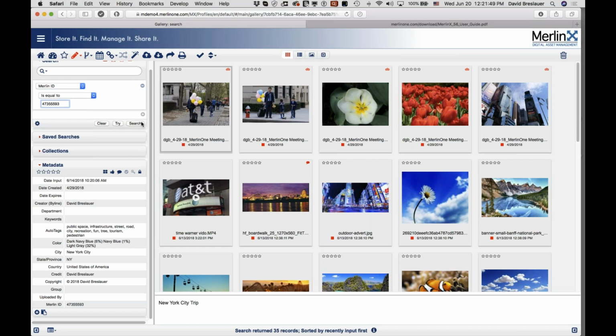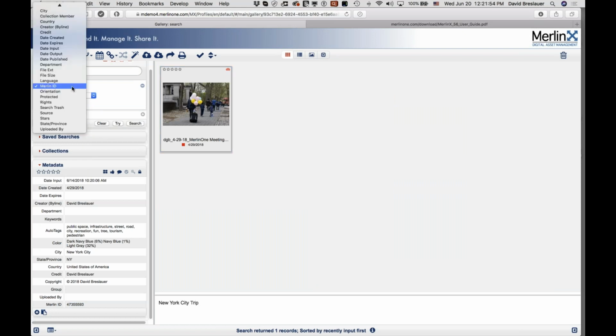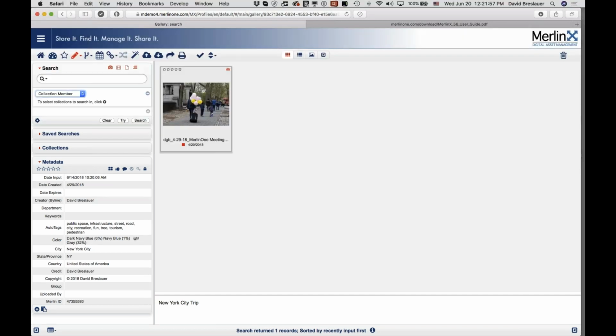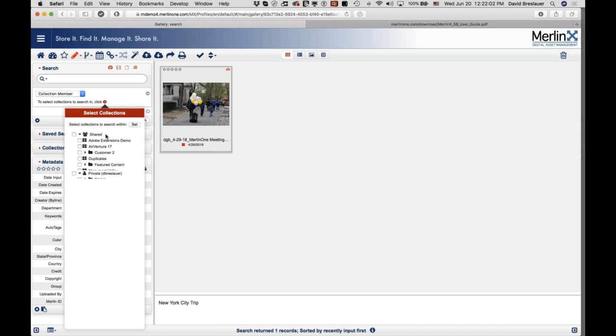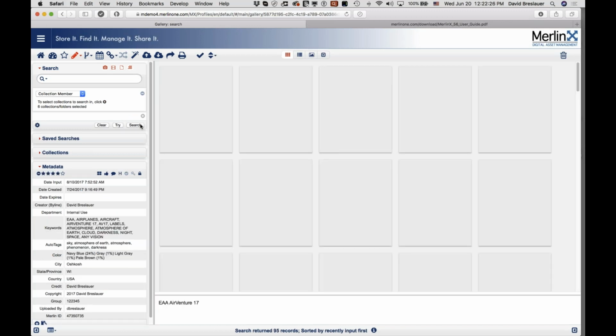I'd be able to paste that ID in there, run a search, and it's only going to show me that particular item. Other cool things I can search on. I can search on collection membership. So if I wanted to search for everything that was part of my AirVenture member collection and everything that was part of my Project X collection, or everything that's inside a specific Project X folder, like each of these, I can do that. And now when I run my search, it's going to show everything in those 6 collections